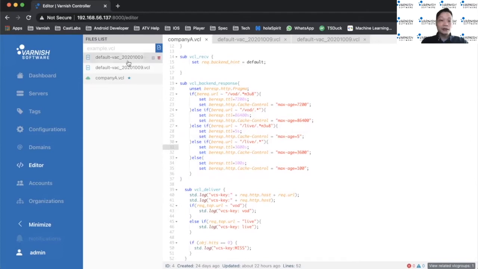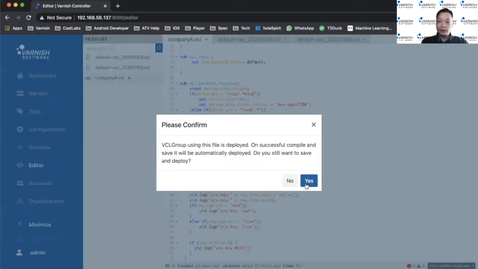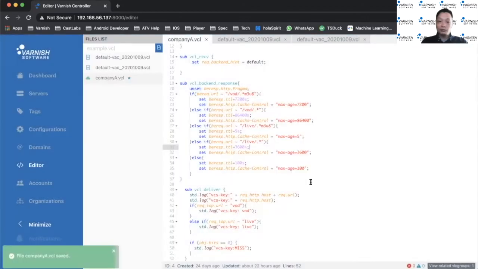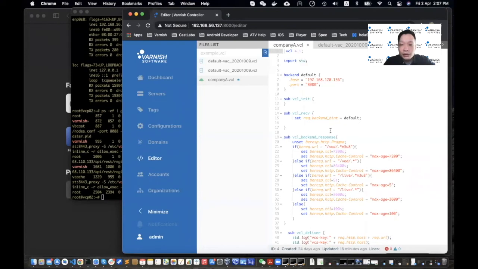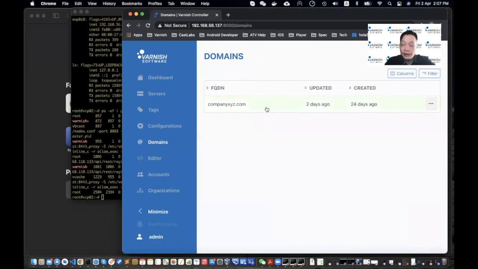Okay. So once I make some change, I modify it, I just click save and it will push to the system. Once we deploy the configurations to the cache node, there's actually a domain defined for this configuration as well. So we have a fixed domain, it's called companyxyz.com.